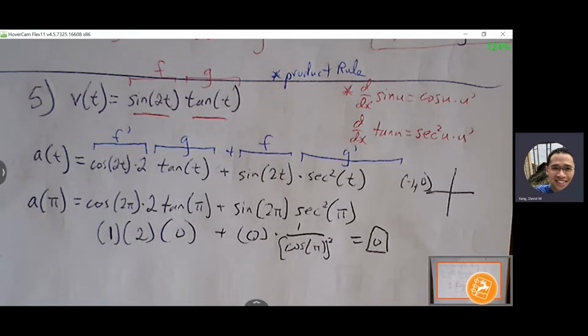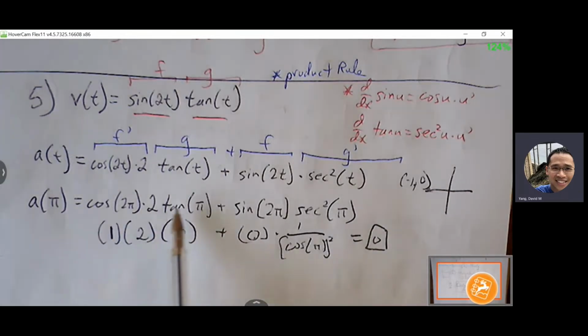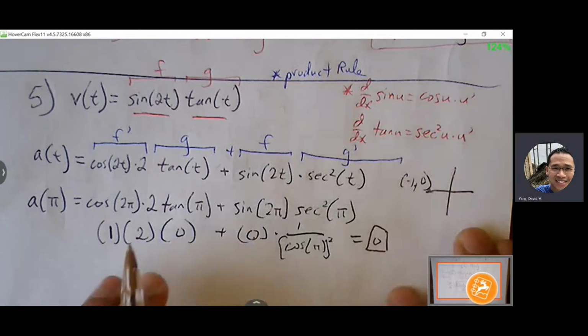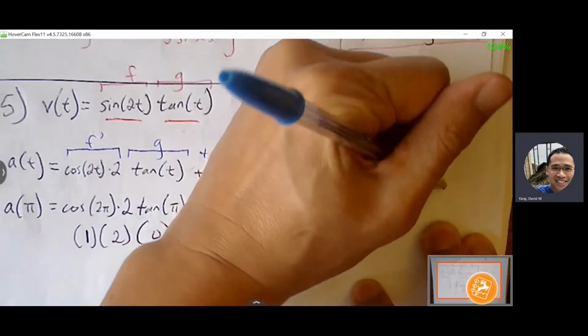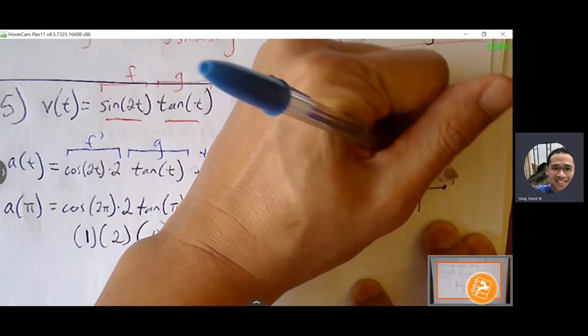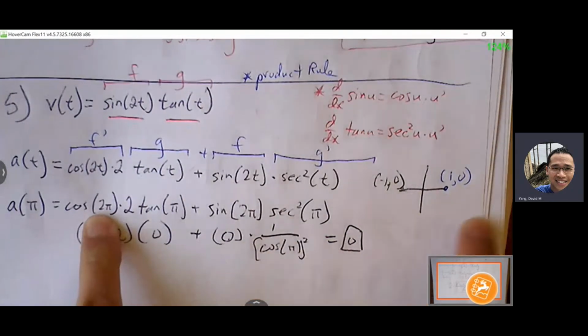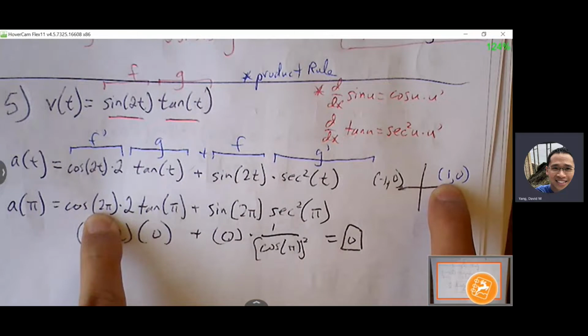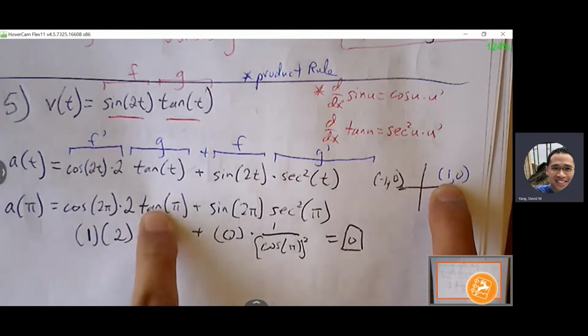Next part, replace every t with pi. So we get cosine of 2 pi, tangent of pi, sine of 2 pi, secant squared of pi. Okay, think about where these are on your unit circle. Cosine of 2 pi is going to be 1, right? Cosine is the x value. Tangent of pi